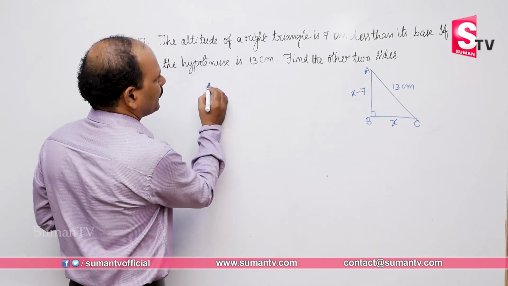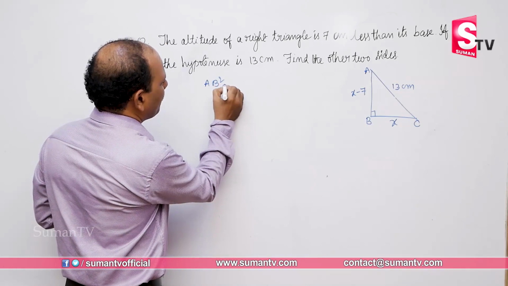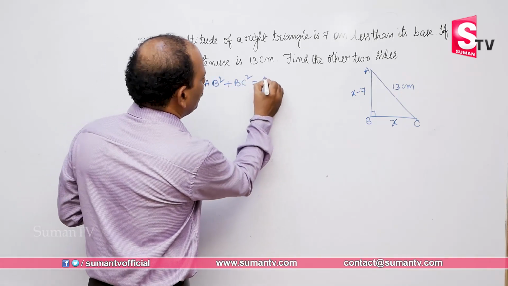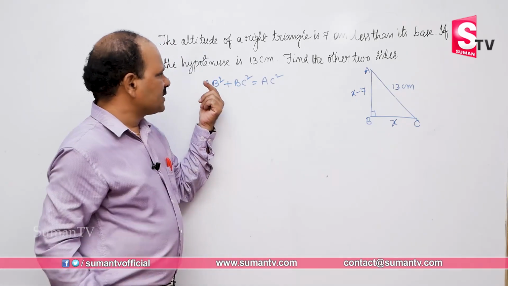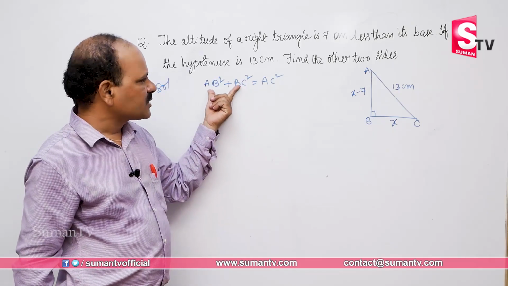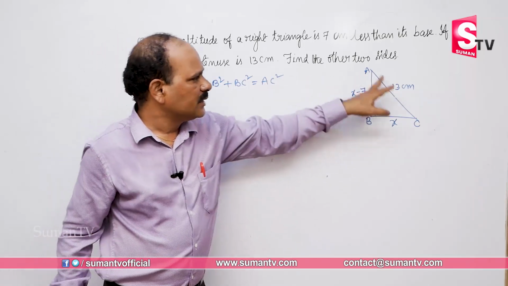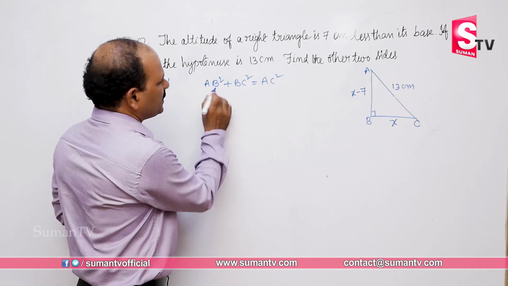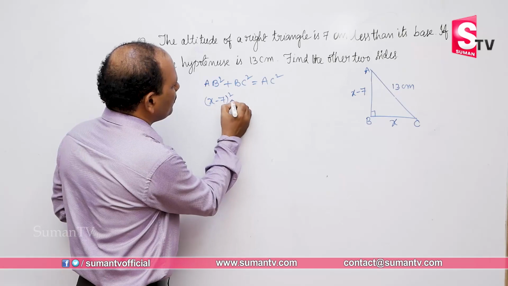So AB square plus BC square is equal to AC square. AB is the altitude, BC is the base; the sum of the squares of these two sides is equal to the square of the hypotenuse, AC square. Now I am substituting the values: AB square, that is x minus 7 whole square,